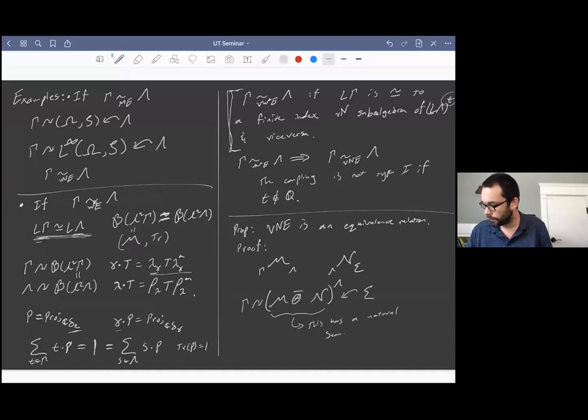semi-finite trace. You only have to do a little bit of work. Of course, you have a tensor product here. It has a natural semi-finite trace, but when you restrict to the lambda invariant things, this may have all the projections there with trace infinity. So you have to take not just the restriction of the trace, but you have to define a new trace. But this is possible to do, just like in the abelian case.